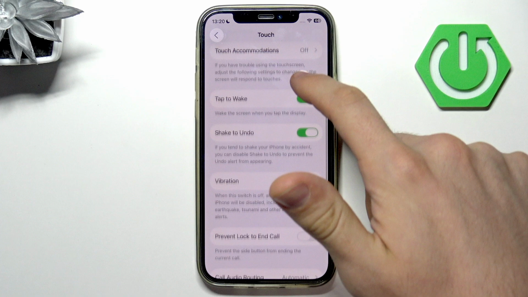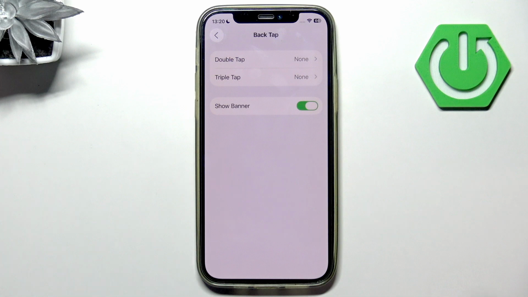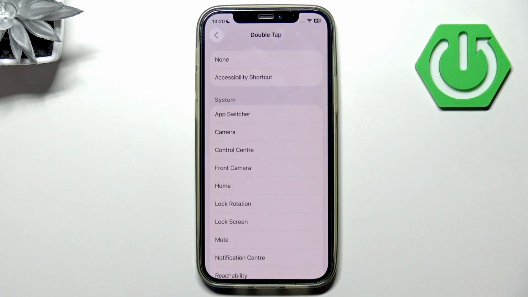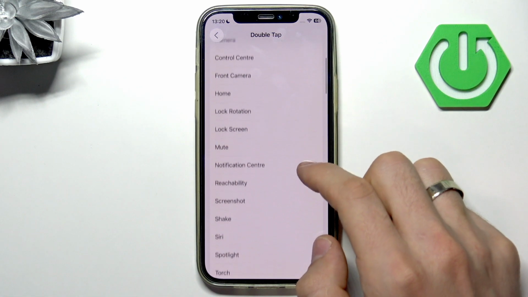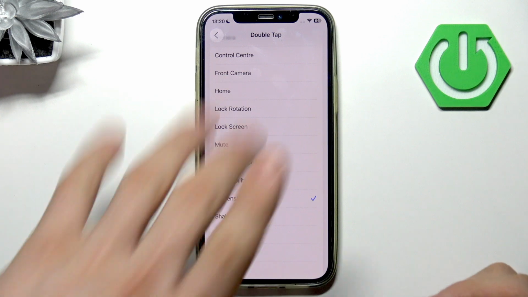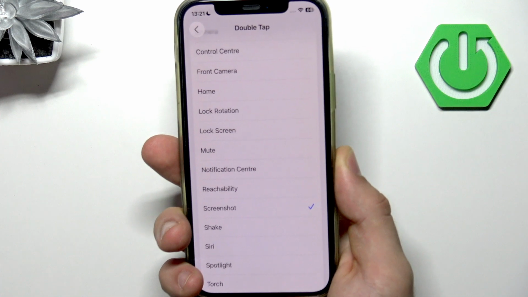Click on it, scroll down, and you will see Back Tap. Click on it, and here you can enable Double Tap, and in our case, we want to use double tap for a screenshot. And now when we tap twice on our back glass,